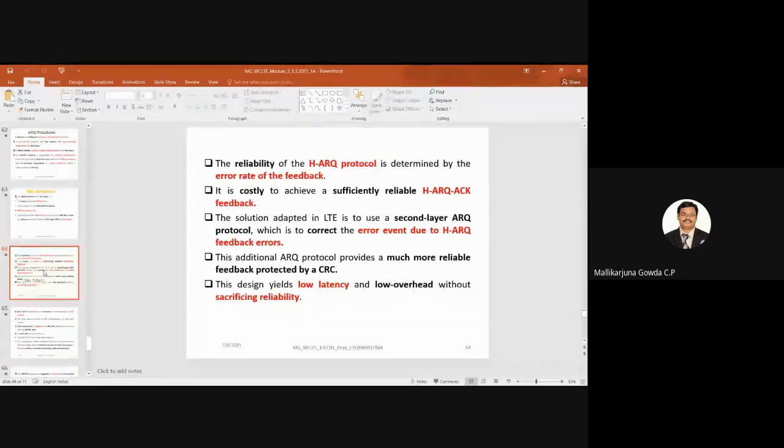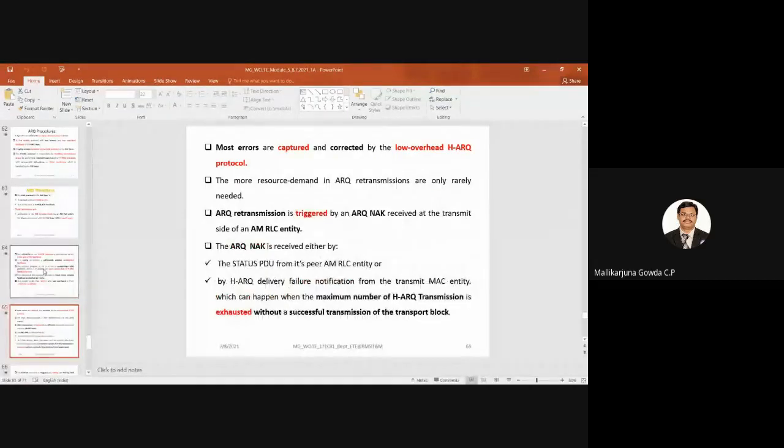So that is about the hybrid ARQ. To say more about that, more errors are captured and corrected by the low overhead hybrid ARQ protocol, so the more resource-demanding ARQ retransmissions are rarely needed. This ARQ retransmission is triggered by an ARQ negative acknowledgement received at the transmit side of an AM RLC entity.